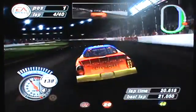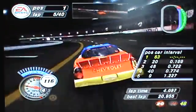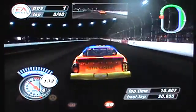I feel like I pull a gap on the straightaway, but Stuart's just fast right now. I think Junior was starting 9th, so that's a... Okay, so...